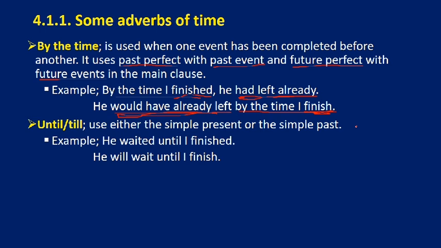okay until እና till ደግሞ ወይ simple present ነው የሚጠቀሙት ወይ simple past ነው የሚጠቀሙት because እስከ እንደዚህ እስኪሆን ድረስ እንደማለት ነው so he waited until I finished. So እዚህ ላይ in the independent clause we have the past form the past tense እዚህ ጋር he waited የሚለው past tense አለን until I finished